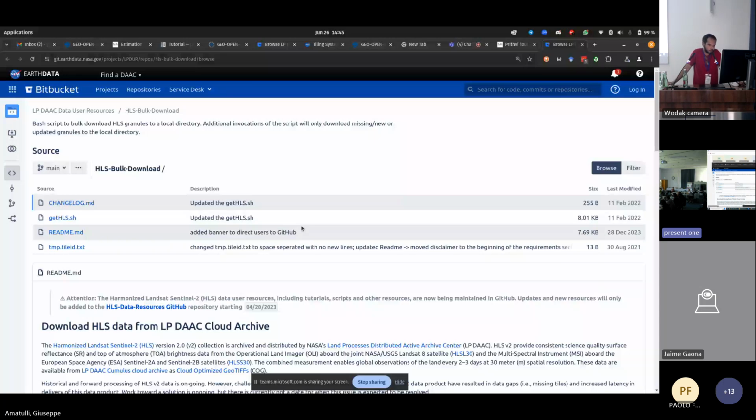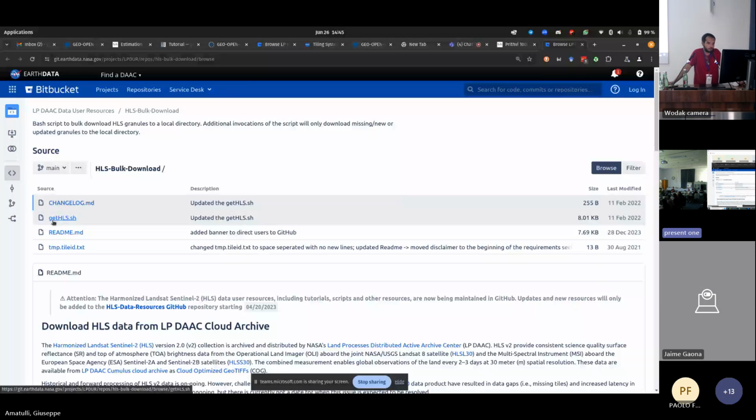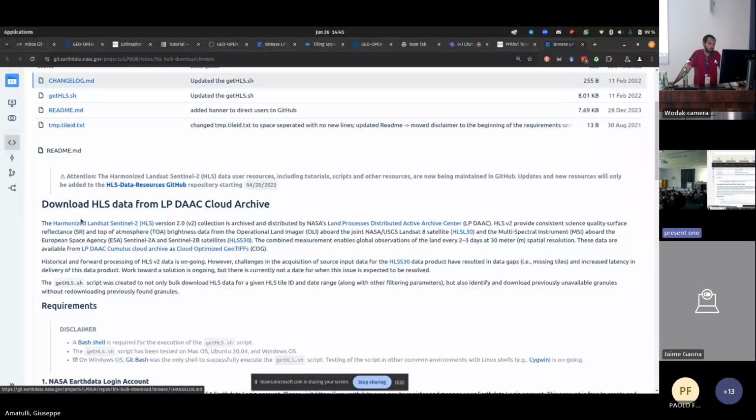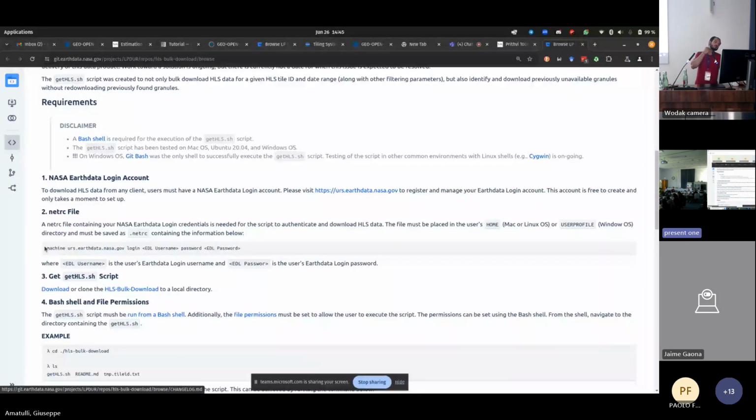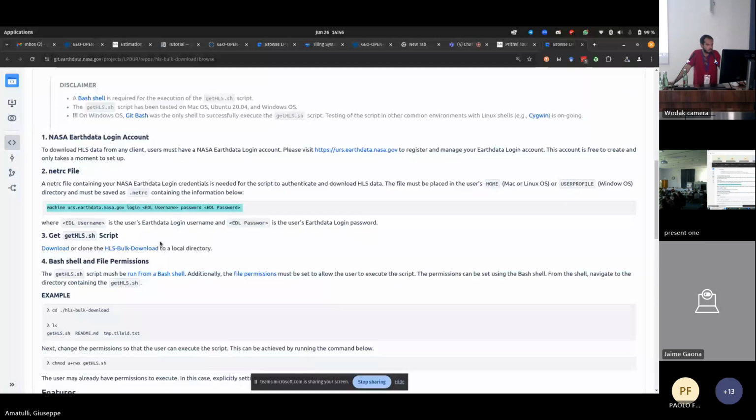The downloading procedure works with this software, which is already under the software directory in Surf. Something you have to take care of is to create an account and save your credentials, username and password, inside